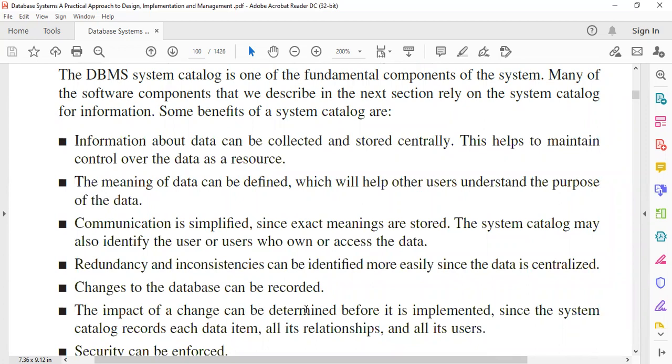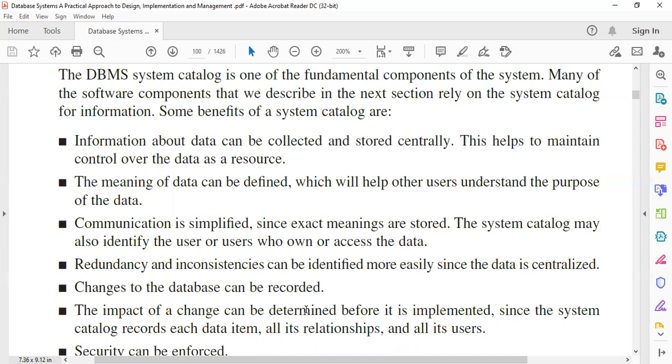One, the information about data can be collected and stored centrally, and this will help maintain control over the data as a resource. So the system catalog, or this user accessible catalog, has several benefits that will help the users, because whenever it is stored centrally, it will maintain the control of the data. The other benefit is that the meaning of data can be defined, which will help other users understand the purpose